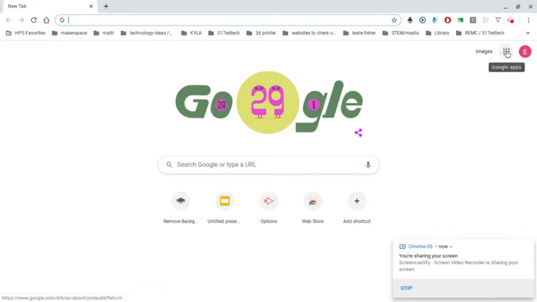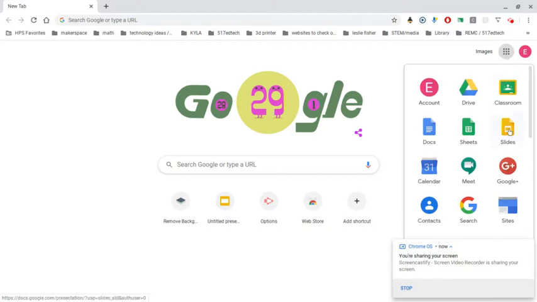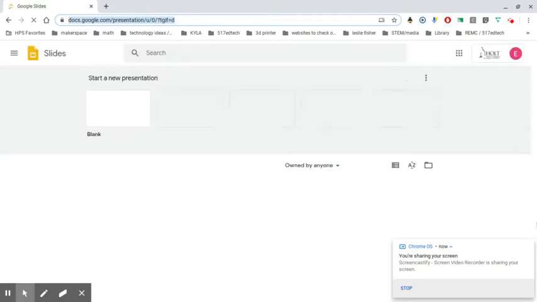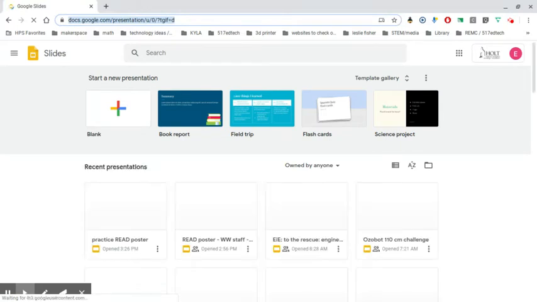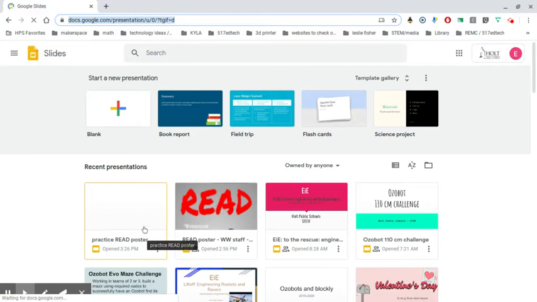There's a handful of different steps. So the first thing that you're going to need to do is to get to your correct slide number from the presentation that your teacher has shared with you. I've created like a practice template or practice presentation for you. So I'll open mine up,